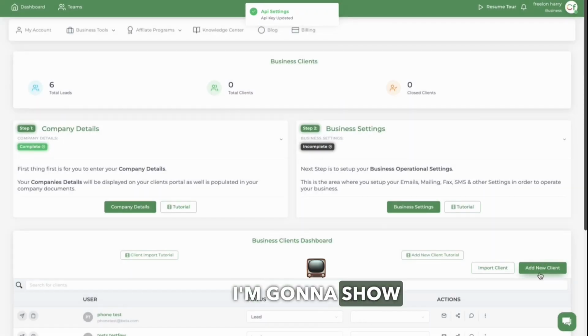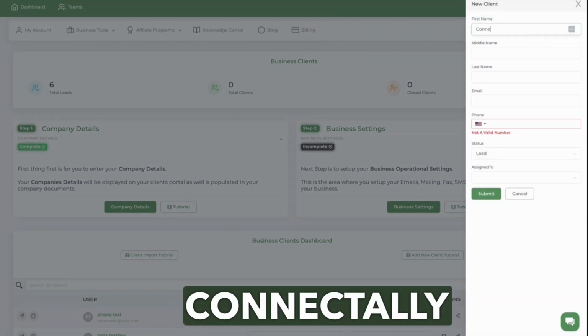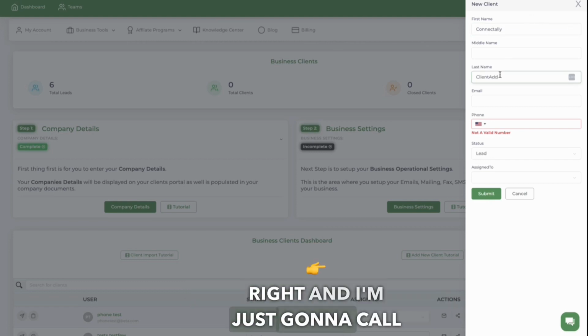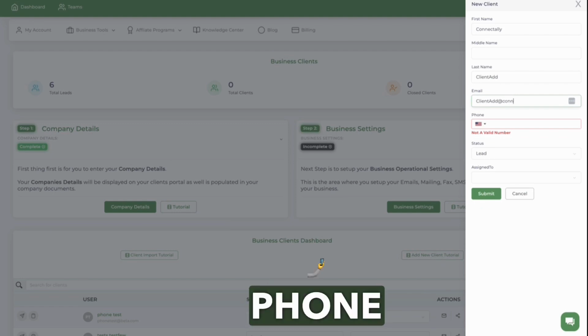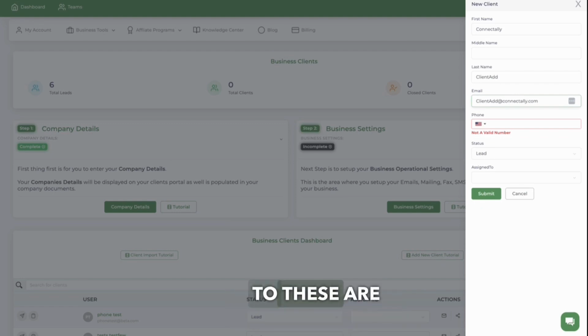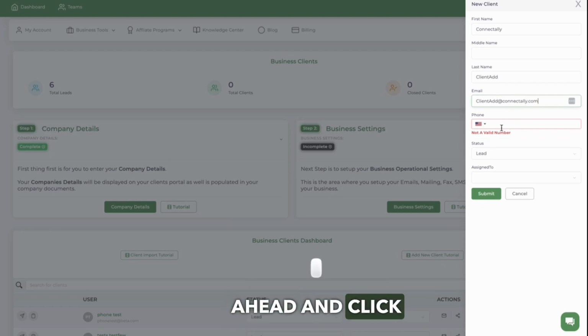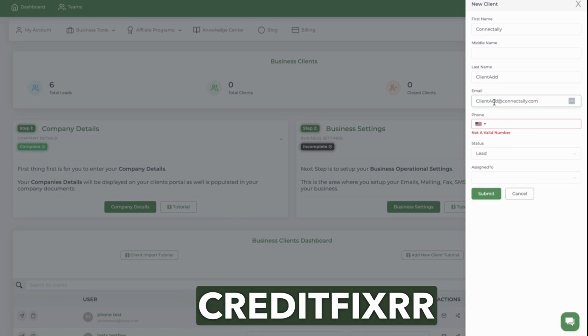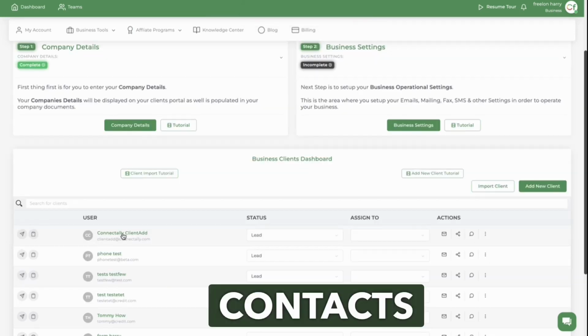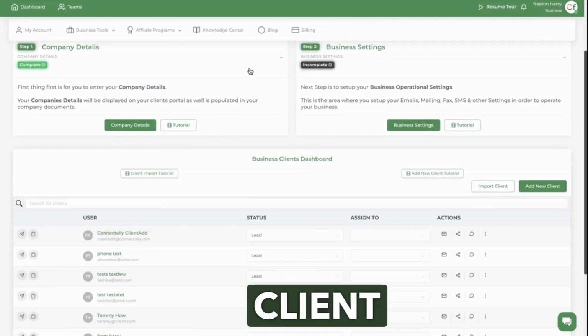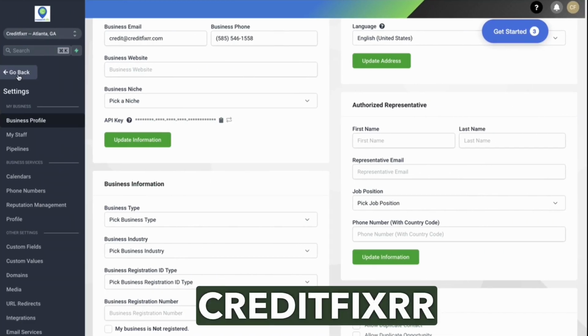Now, I'm going to show you. So client, Connectly, client add, right? And I'm just going to call it client add at Connectly.com, right? You don't have to fill in everything. These are the only required fields. Go ahead and click submit. Notice that the client is added to Creditfixrr and the other client added right here. Now you can head back to Connectly, go to